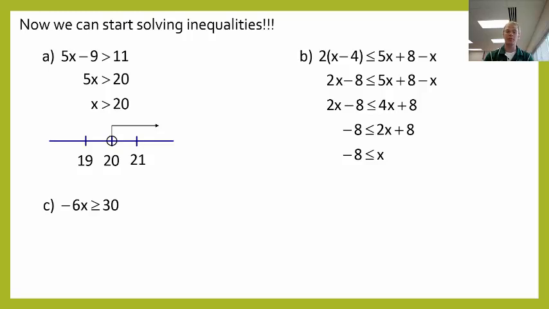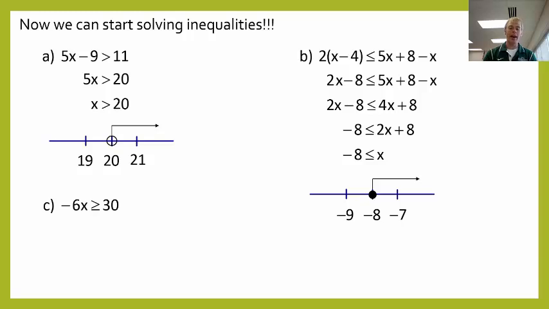Okay, for B, it's a little more complicated. We have a few more steps here. I've got to distribute the 2. I've got to combine the like terms on the right-hand side of my inequality. I've got variable terms on both sides, so I've got to subtract 2x from both sides. And now it's a two-step inequality again. Subtract 8 from both sides, divide by 2, and I'm going to get -8 is less than or equal to